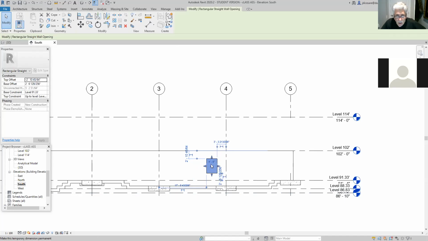Now it's 4 feet. How high is it? Well, there's 2 things you can do. You can either adjust these 2 dimensions, okay? Or, is it 4 feet? Yeah, it's 4 feet. Now, in other words, if you go to the drawings, this is where, when it comes to Revit, it's all about the information. So you have to have the information in order for you to be able to,